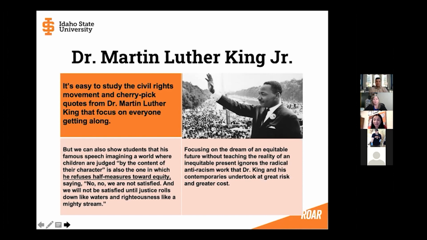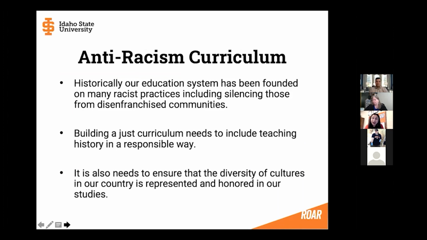King and others have been engaged in. So obviously we need to really promote anti-racism curriculum in our schools, especially in the elementary setting. And we know that historically our educational system has been founded on many racist practices, including silencing those from disenfranchised communities. And to build a just curriculum also needs to include teaching history in a responsible way, which still is not being done. And it also needs to ensure that the diversity of cultures in our country are represented and